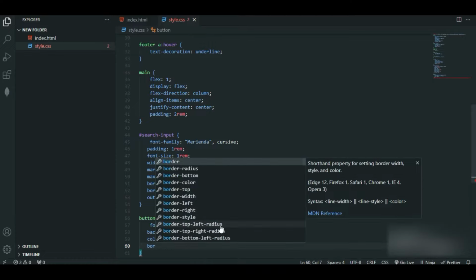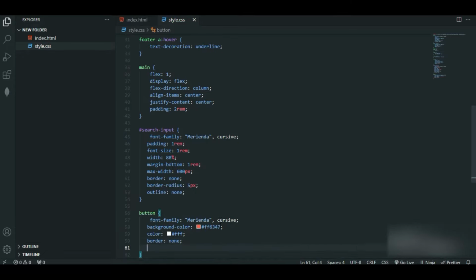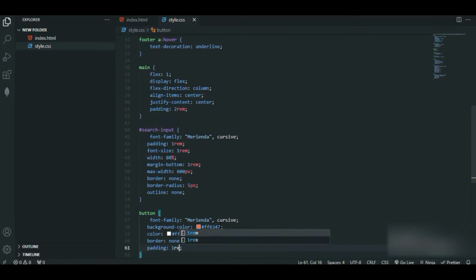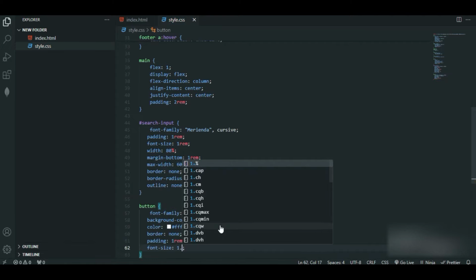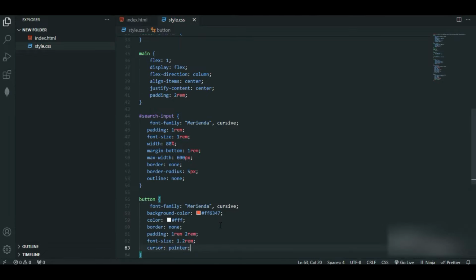Also border, I'll just give none. Padding 1 rem and 2 rem. Font size 1.2 rem. Cursor pointer,